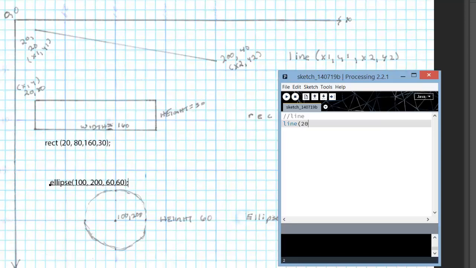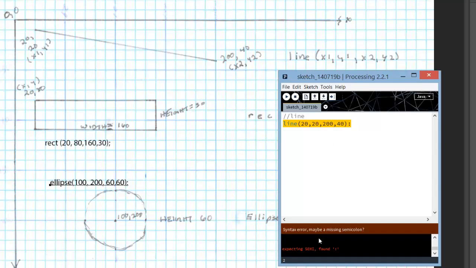And it's going to be 20, 20, 200, 40. Now when I program, actually I'm going to put that back, I make sure to test after every major thing that I can test. And here it's just going to be each shape. So I occasionally will hit stop first just to make sure nothing's running in the background, and then I'm going to hit play. Now I knew that I had an error here, but I wanted to show you what would